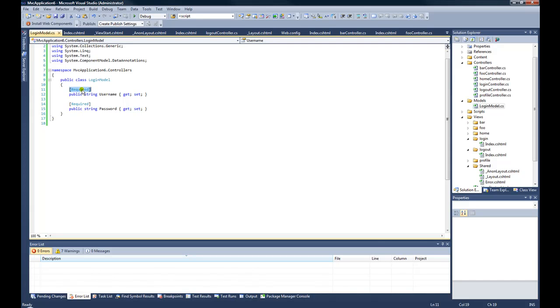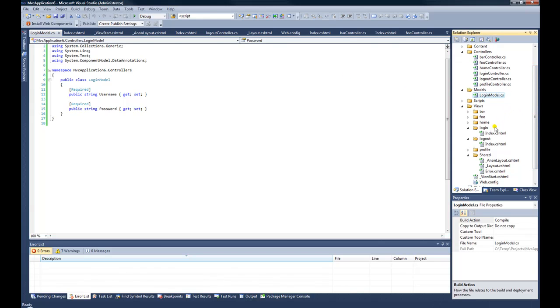which is part of the System.ComponentModel.DataAnnotations namespace that's up here. And what this will do is tell the framework that this field is required when it's being used inside of a view. And so going back to our view now, in our view